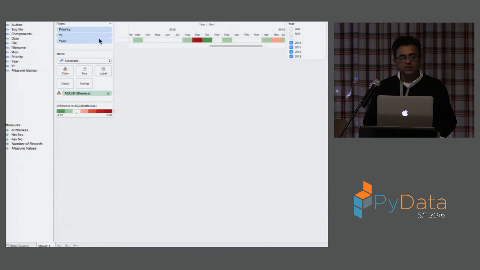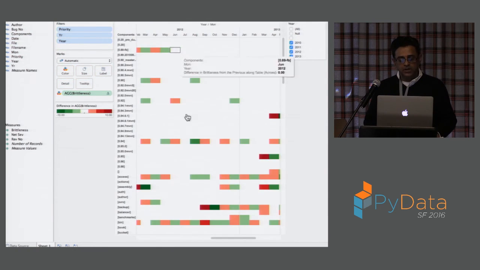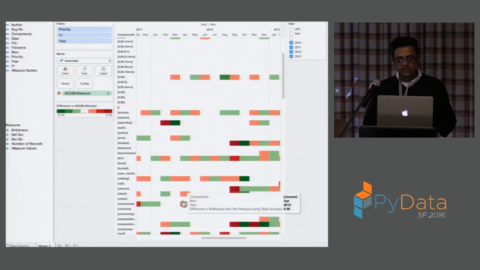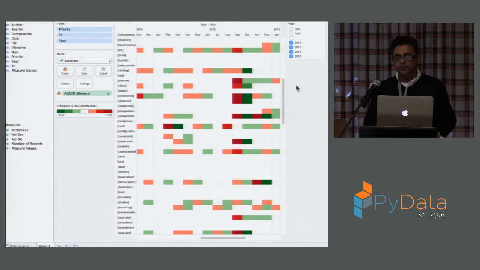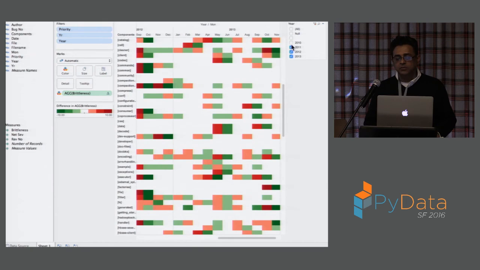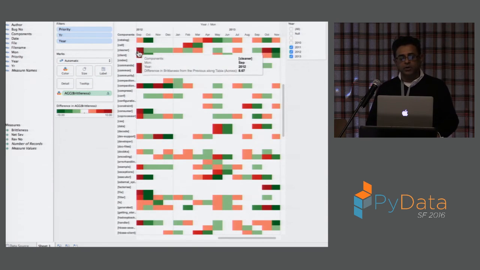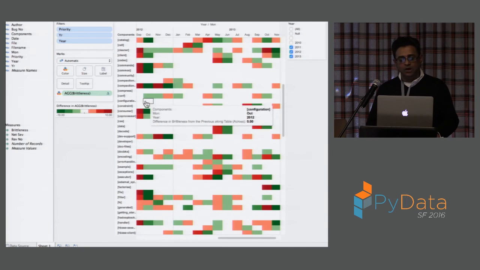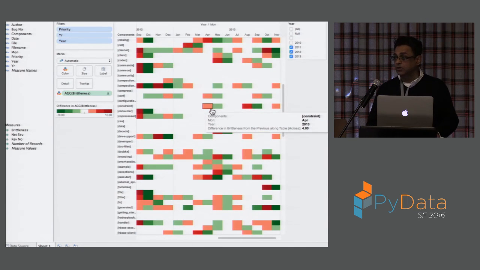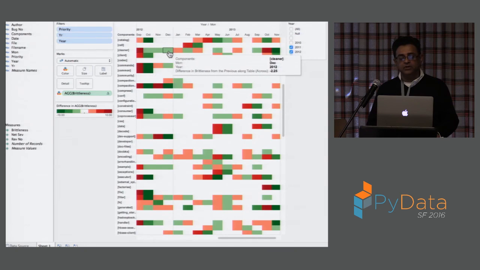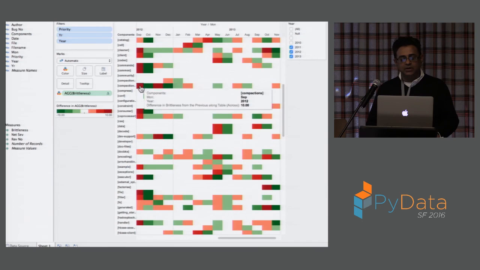So let's go back to, what will we be doing? Components. So what you can look at now, and I can remove this and remove this, that's better, is a particular component. If there's a lot of whites, it means there's not a lot of activity going on. And you can see there's a lot of activity going on and it doesn't break too much, but whoa, I hope that was not released because that was close. And so we can keep discussing these things.